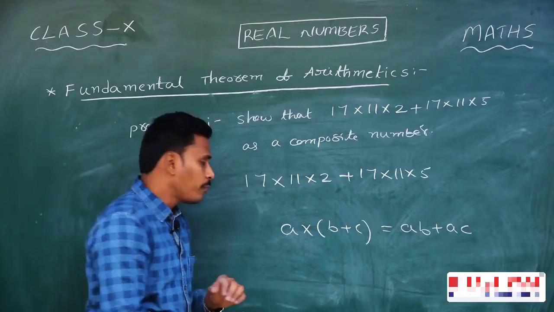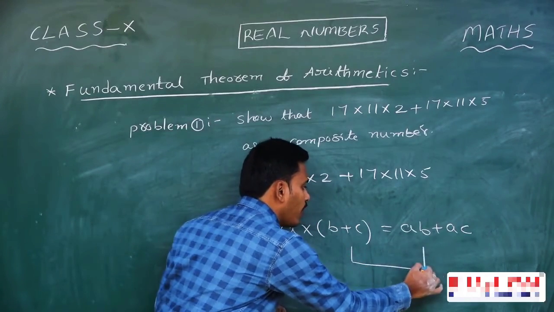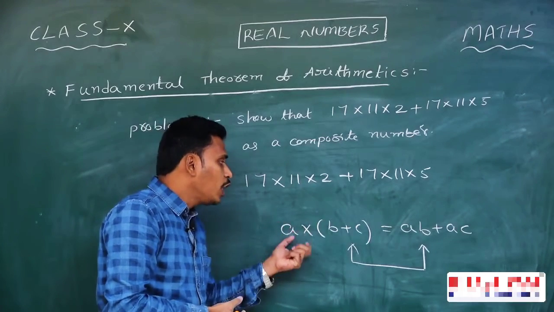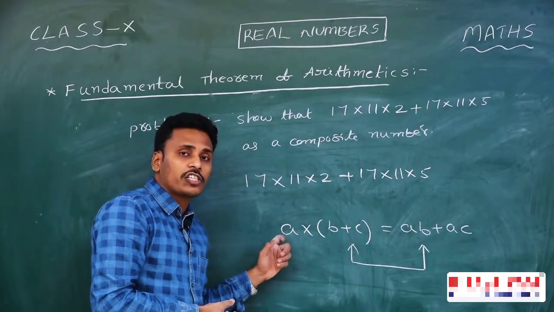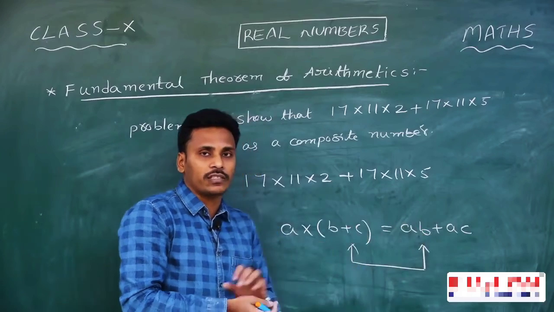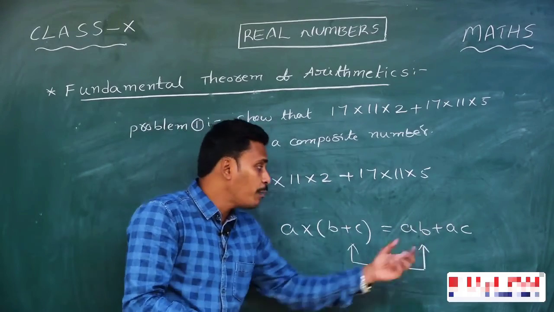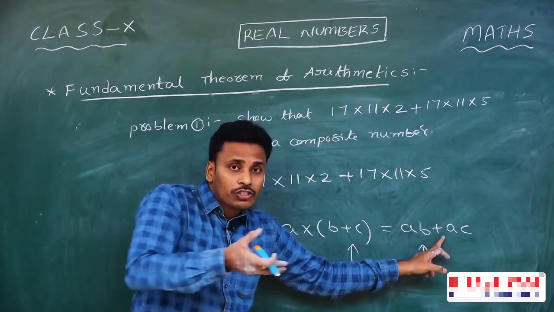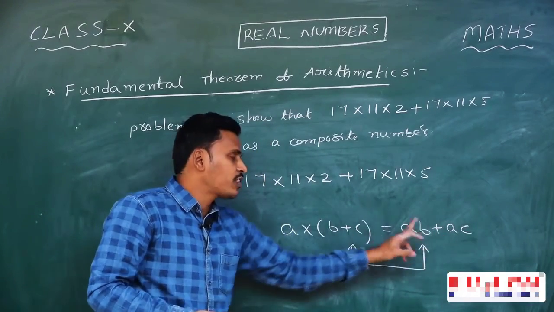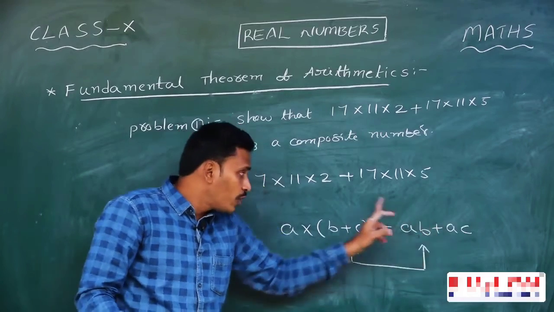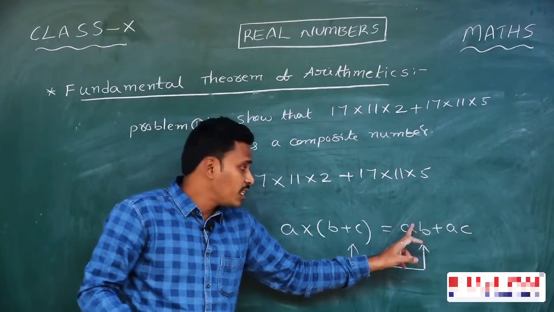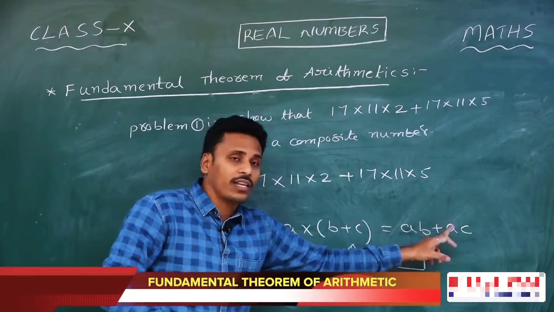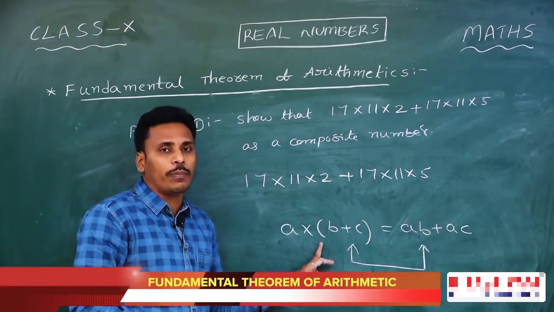And now look at the end. a into b plus c is equal to ab plus ac. We have two options. If you have a into b plus c in a problem, you just distribute this a, and it becomes ab plus ac. Or if you have ab plus ac in any problem, a is common to these two terms, and you just collect it back. If you move in this direction, you are distributing. If you move in this direction, we are collecting back. a is common in these two terms, so you collect back that common a and write it as a into b plus c.